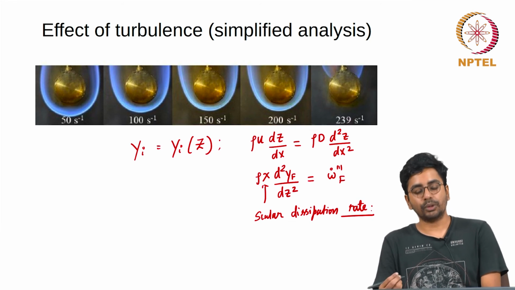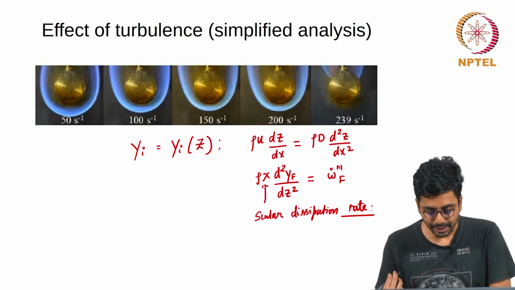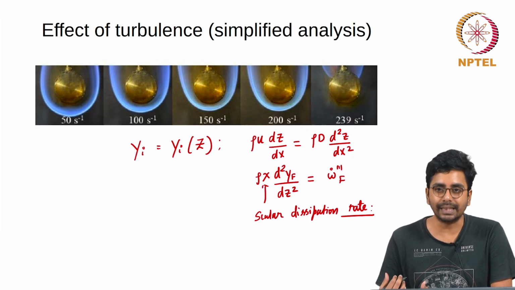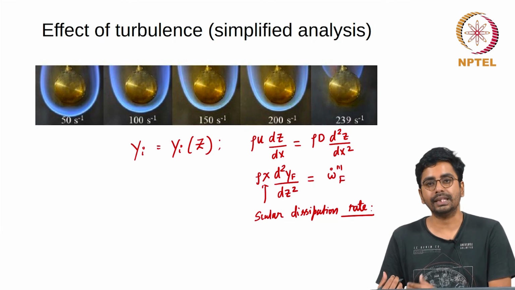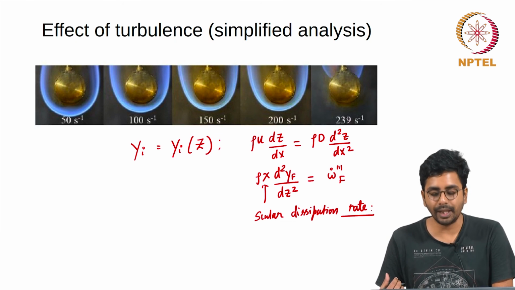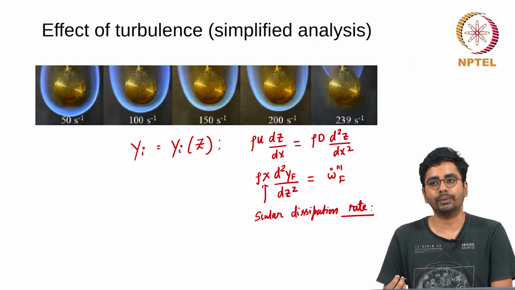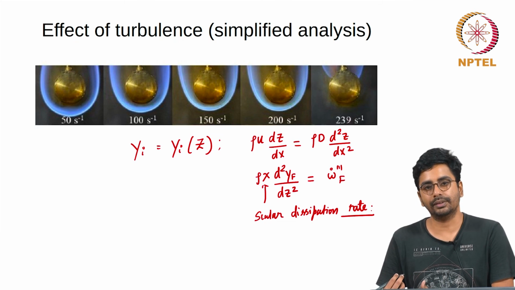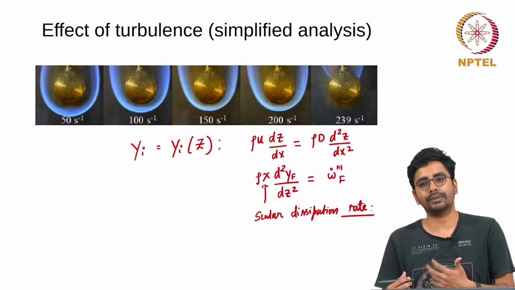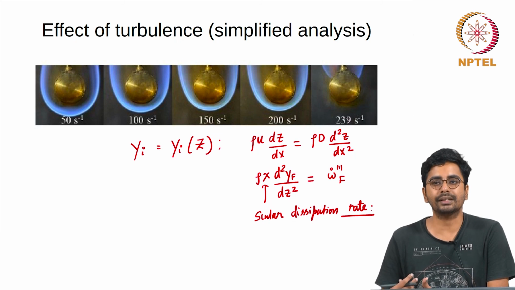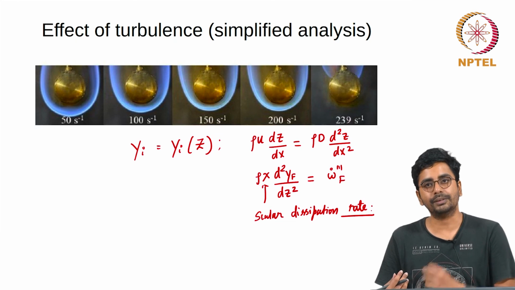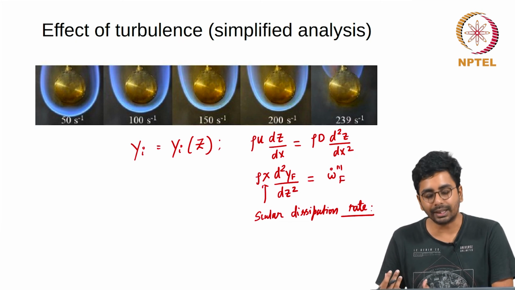Why is this concept useful? Simply because when the dynamics is mixing controlled, the flame is thin and therefore the internal structure of the flame is not affected by turbulence. Like in the premixed situation, the flame brush, which can be considered to consist of an ensemble of laminar flamelets, is affected by turbulence, but the internal structure of the flame itself is not affected by turbulence.